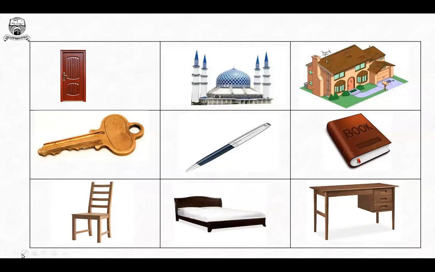Firstly, last week we introduced this vocabulary. So I'm going to go through it with you all firstly. I'm going to ask you, ma hadha, what is this? And your answer will be, hadha baytun. So we used hadha and we also use dhalika. Hadha is used for something that is close to us. Dhalika is used for something that is far or distant from us.